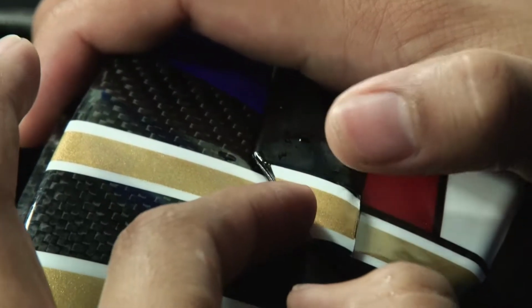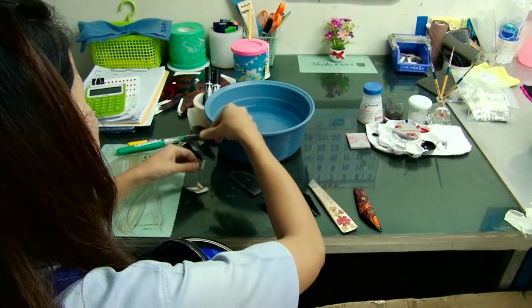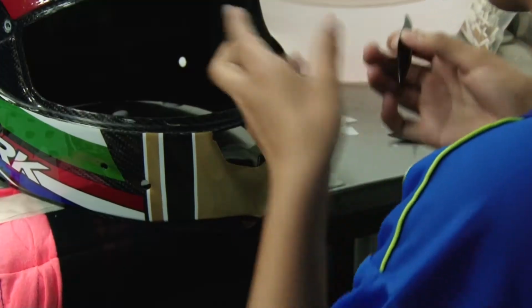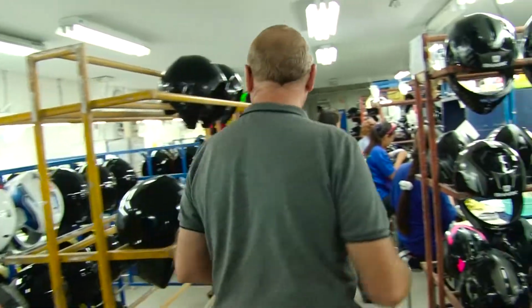So here you have an example for the two-time world champion in Moto2, Johan Zarco. So that is a replica of his helmet. It's exactly the helmet he had during this season. So that is not the helmet for Zarco, but we do also here for him. But that is the helmet we do for everybody who wants to have the same helmet as Johan Zarco. Another example, just over there,